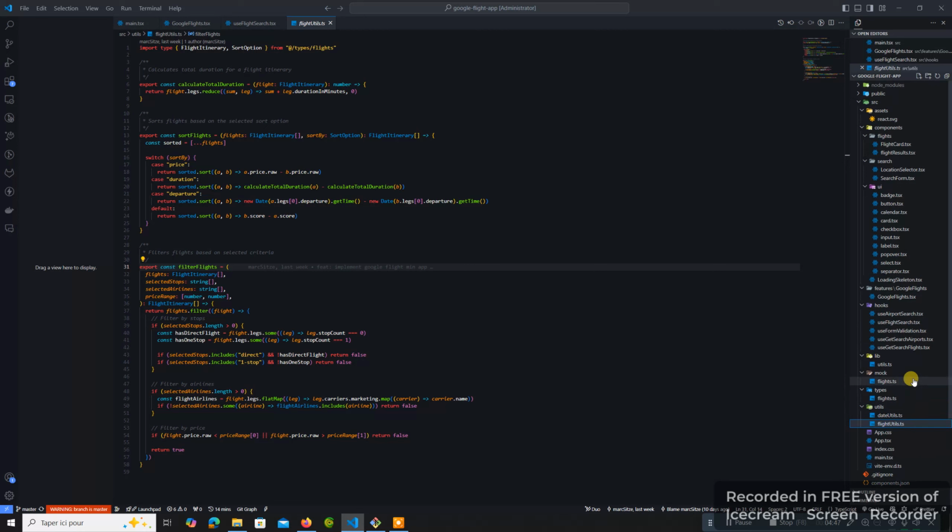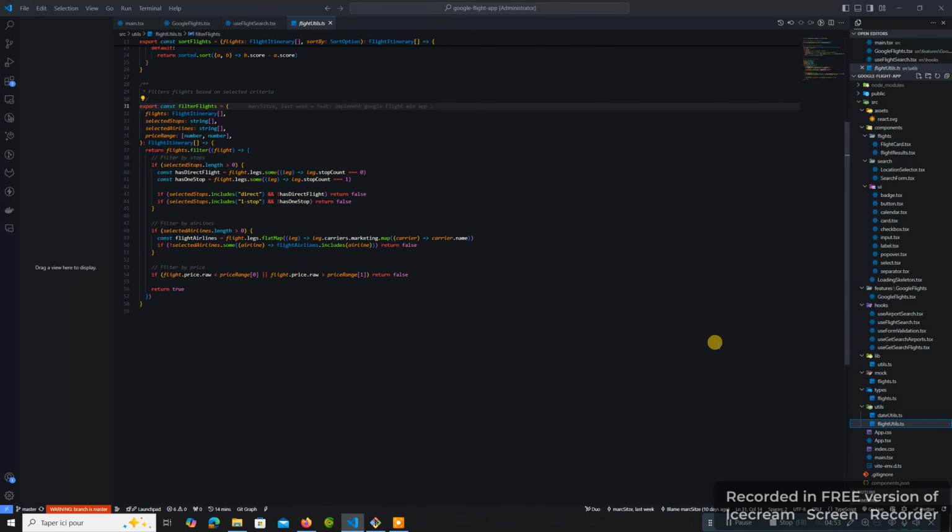And yes, this is it. Especially for that API, I'm very sorry because I could not use the real API because, as I explained earlier,